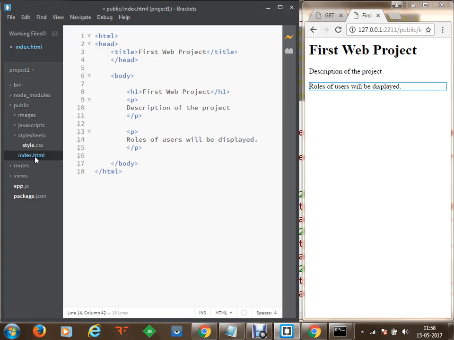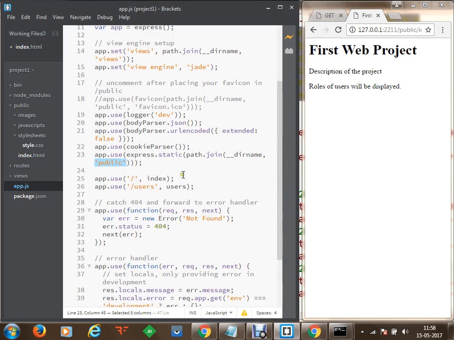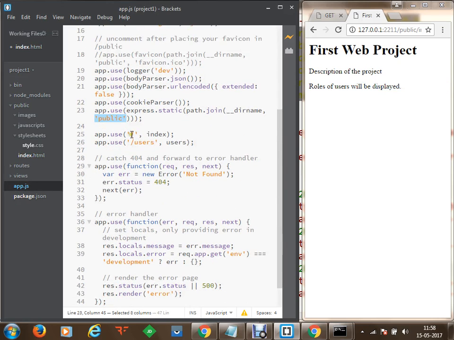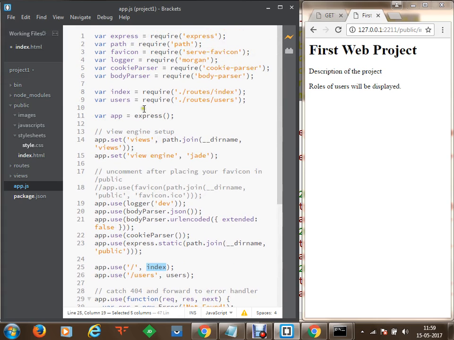By default, if you proceed to the app.js file, you can see that whenever we use this slash directory, it is going to identify the index variable, and the index variable has been defined here. So it goes to the routes directory and searches for the index.